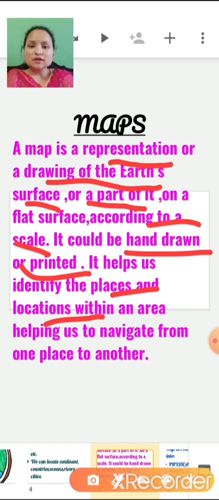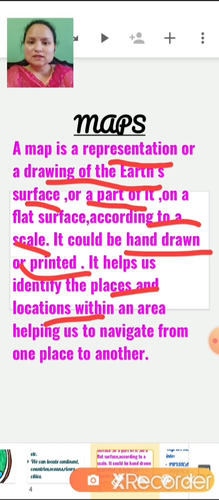Okay, so children, if you go to any place, or out of the country, what will you carry with yourself, a globe or a map? Yes, we will prefer to carry maps instead of a globe. Why?